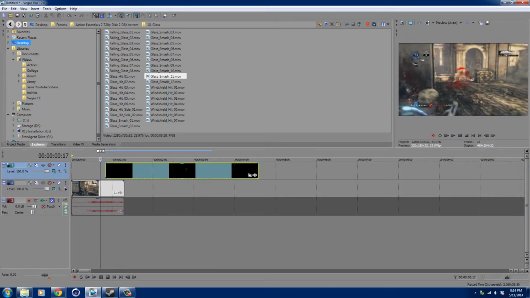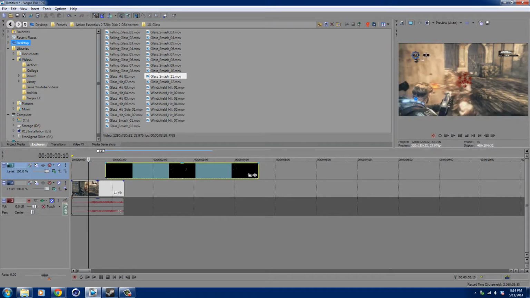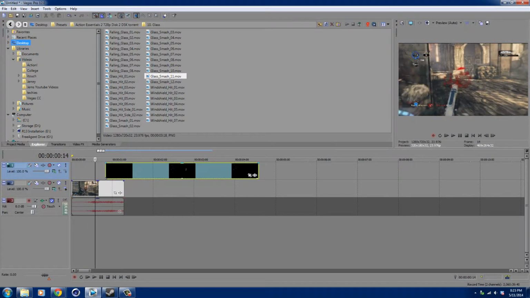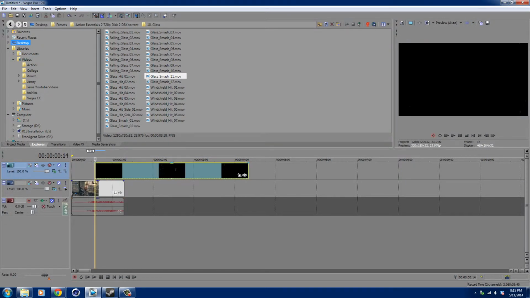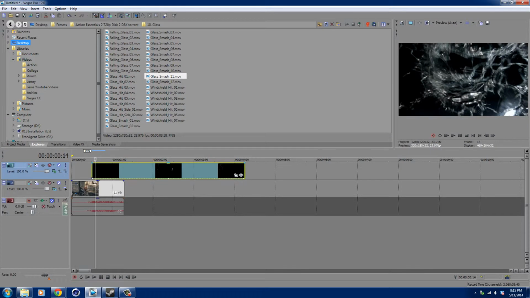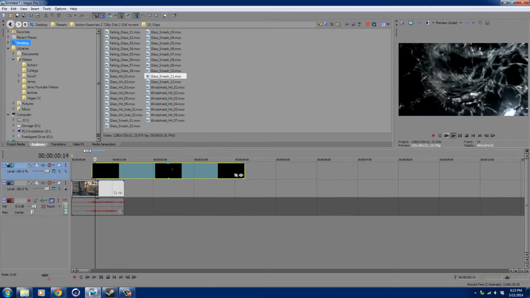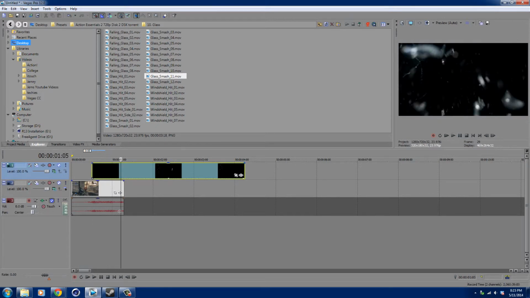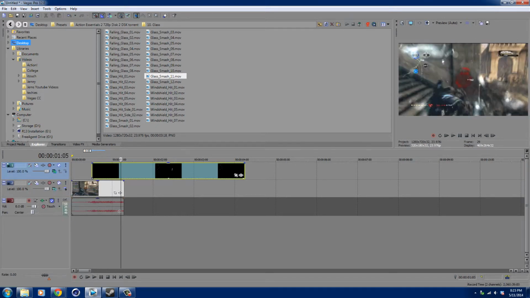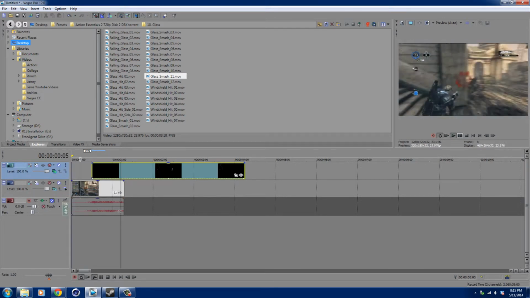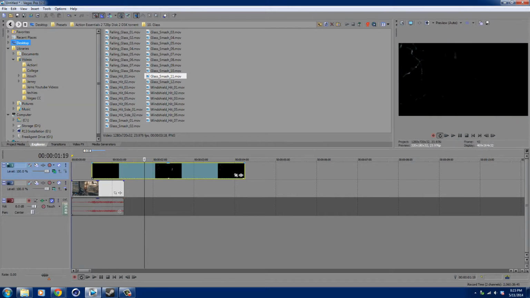Let's move it over just a little bit. So right there. And we'll just put that here. If we go ahead and play this, look at that. Cool glass shattering effect, but it's overlaid incorrectly. So if I hit add, then it shows up. Let's go ahead and see what that looks like. Yeah, there we go. I'm going to go ahead and cut this out